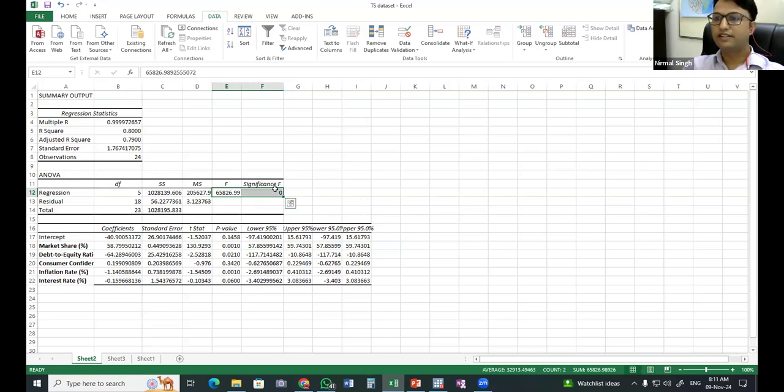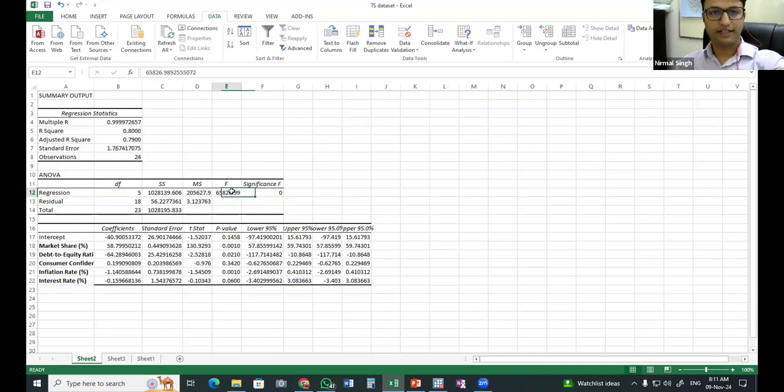Say, for example, if this statistic is not significant, then we'll stop here, because our model is not significant. We need to introduce other variables in order to explain the variation in the valuation of the companies. If this value is coming out to be more than 0.1, then we will say that this is not at all a significant model, and we need to introduce some new variables, or maybe drop some of the variables which are not explaining the valuation of the companies.